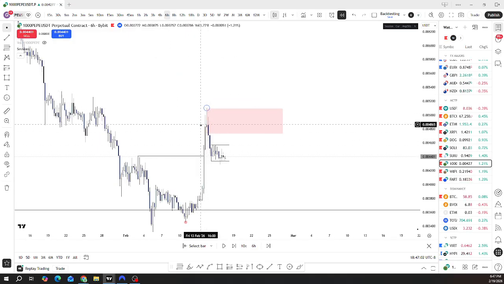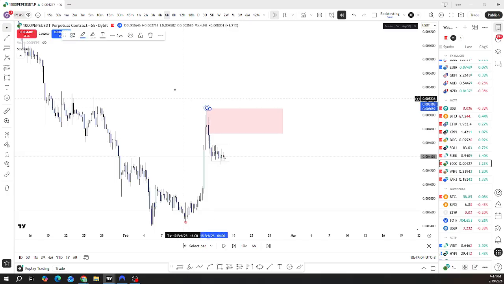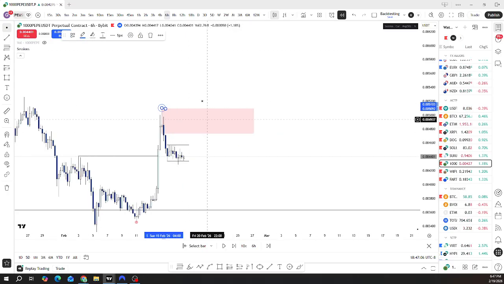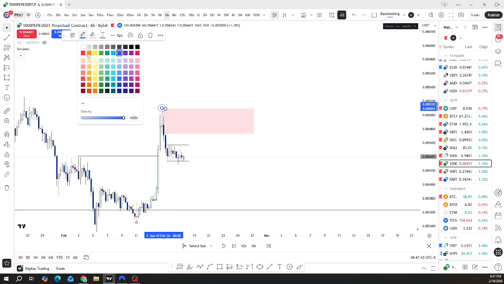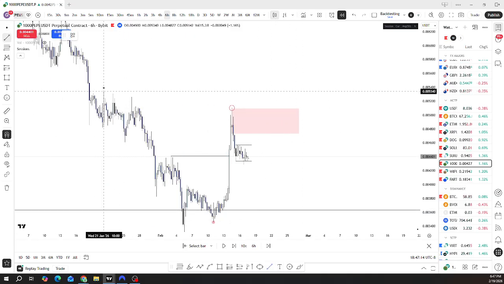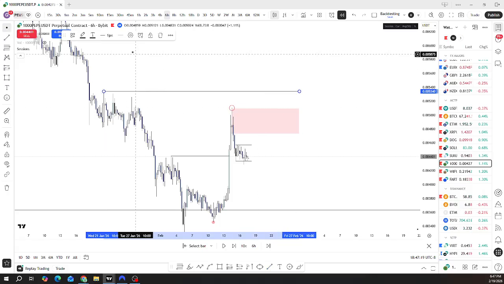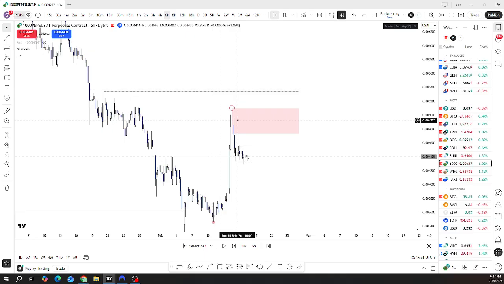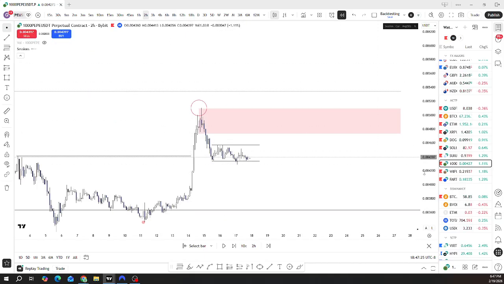Here we created that high formation, so it's not really a naked high due to the topping formation that we had. It's more of just an individual high, so we can highlight that red. It did front run the liquidity, but at the same time it did have somewhat of a topping formation, so it may not want to get revisited right away. It had that topping formation with a fairly aggressive push out of it